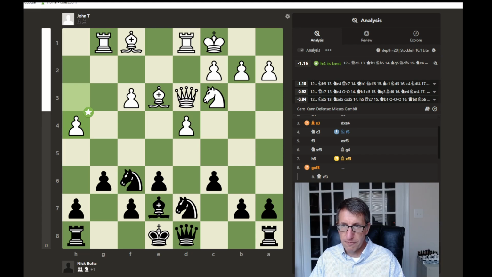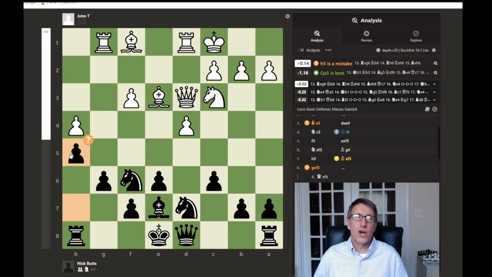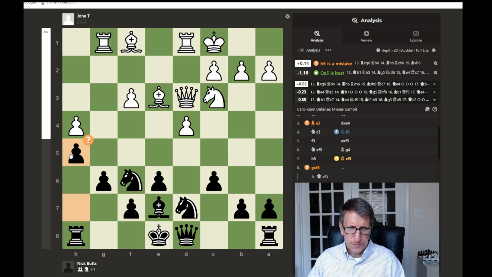But I make a mistake. So what can we learn from this mistake? Well, if you have an option of advancing pieces forward or pushing a pawn, usually it's better to advance your pieces, hopefully putting them on better squares in the center of the board where they have more activity, where they're more active and can attack your opponent. But